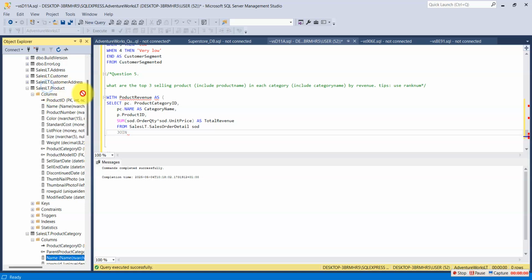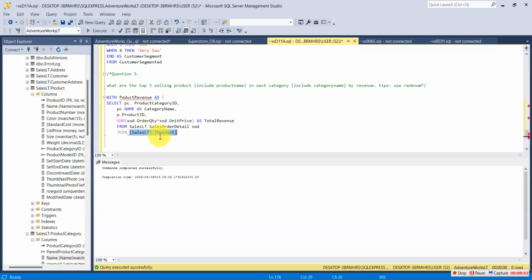Yeah, I'll join with the product table, which I'll give an alias P. On what am I joining this? I'm joining it on